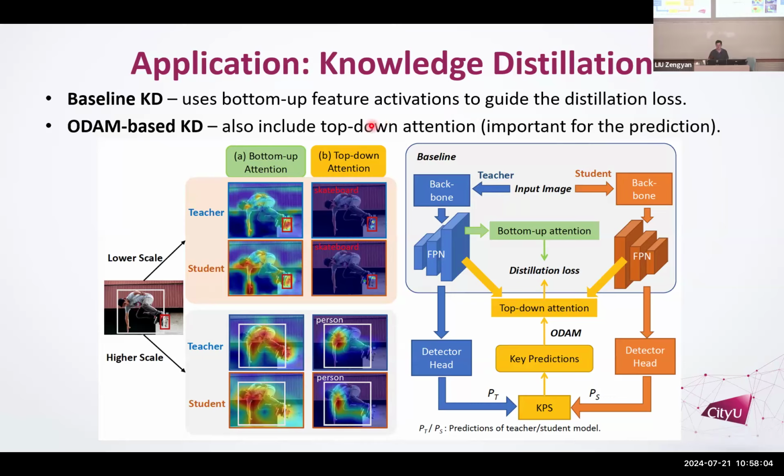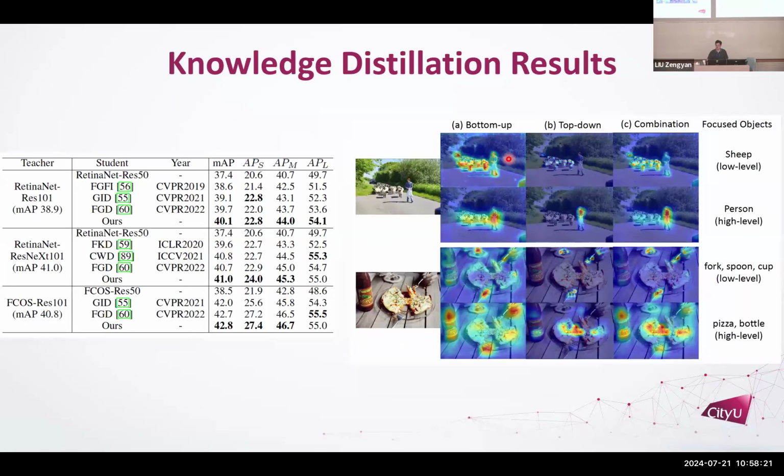So we can use the top-down attention, the top-down knowledge from the AICIT method, to know which features were most important for the prediction and try to do the distillation according to those features more. So we have a mix of bottom-up and top-down attention. Here's an example. This is bottom-up attention. This is top-down attention. And then we provide a mixture of them. That mixture can improve the knowledge distillation performance.